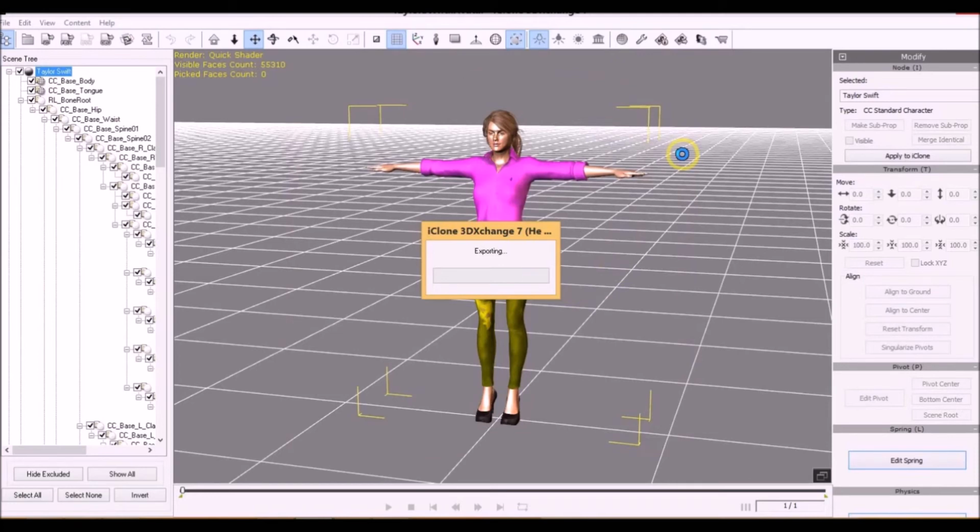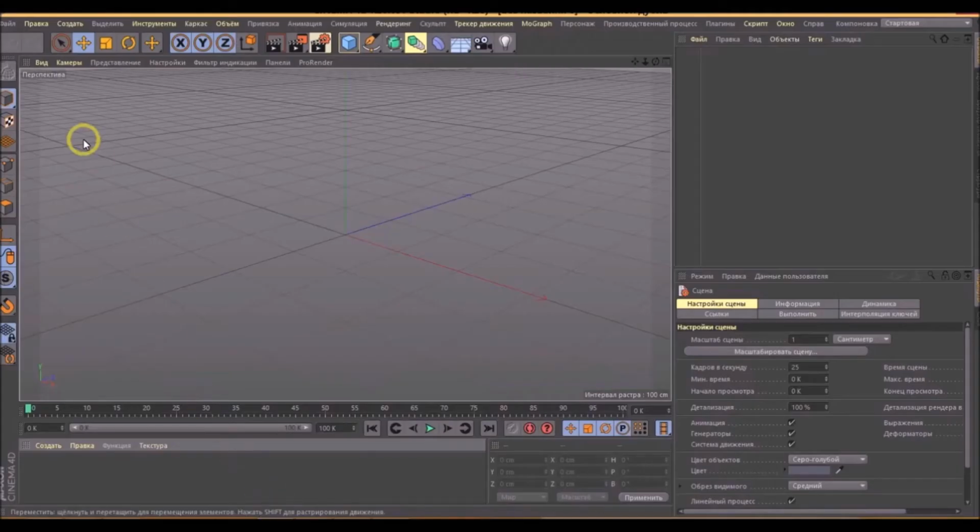Next, we export our object as an FBX file, specifying the Maya Win 64-bit program and the export target settings in the mesh section of the radio. The include geometry button must be active and the radio button all selected. Please note that we do not turn on the radio animation button in this case.